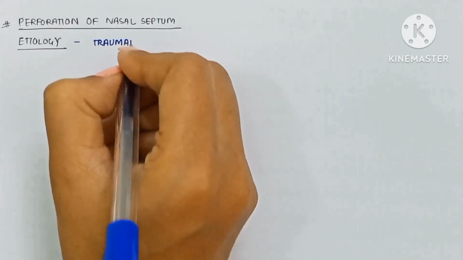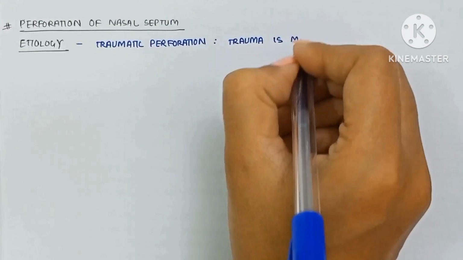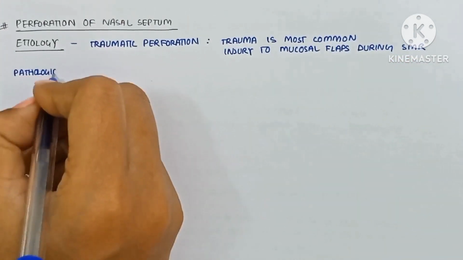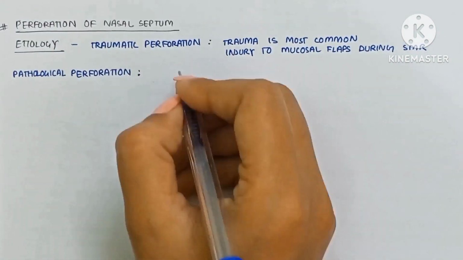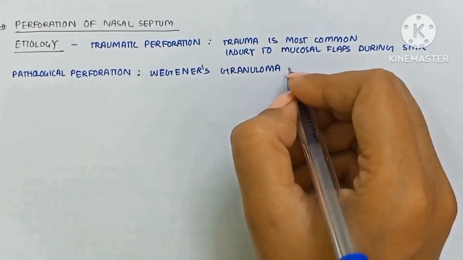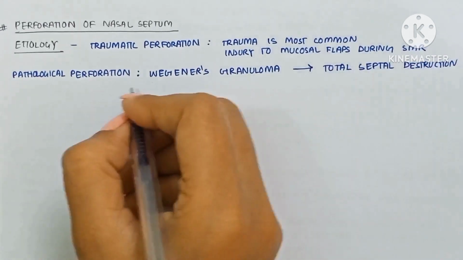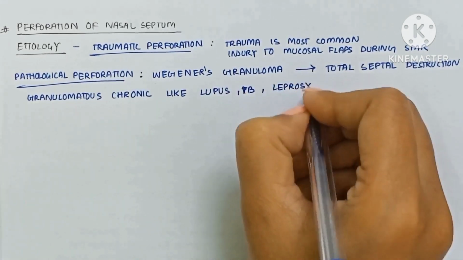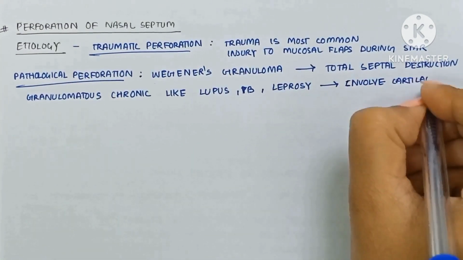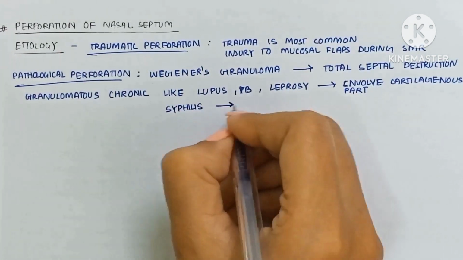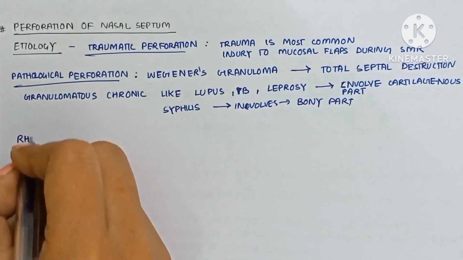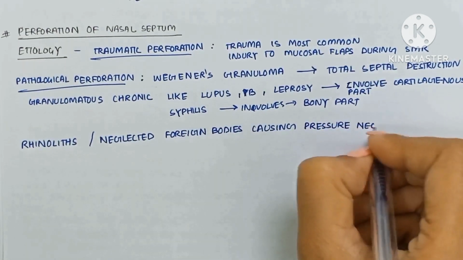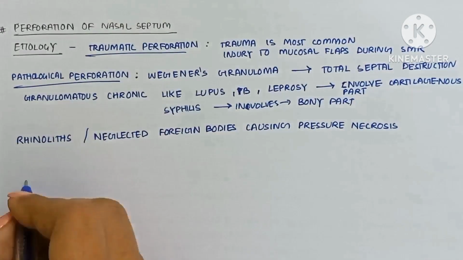The etiology is traumatic perforation, which is due to trauma, most commonly injury to the mucosal flap during SMR. The pathological perforations are Wegener's granuloma, which causes total septal destruction. The granulomatous conditions, which are chronic, like lupus, TB, and leprosy, involve the cartilaginous part. Syphilis involves the bony parts. Rhinoliths, which are neglected foreign bodies, cause pressure necrosis. Nasal myiasis,